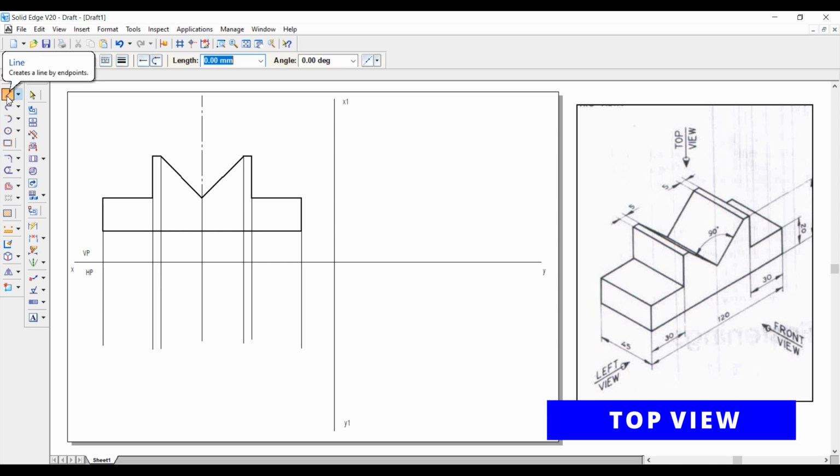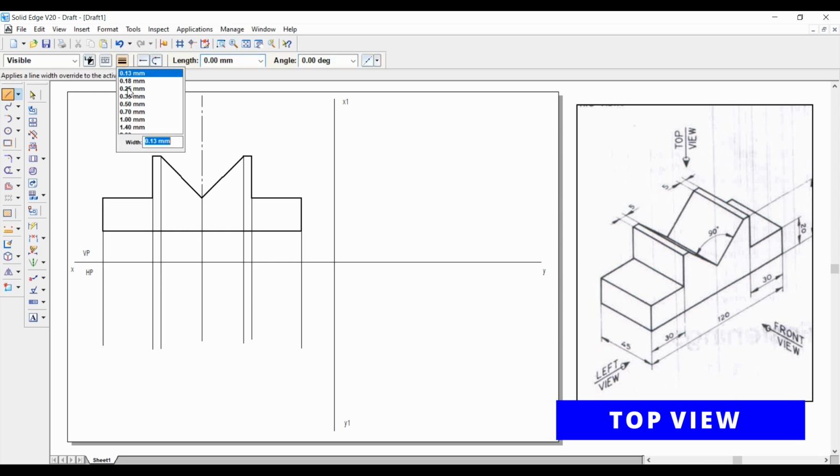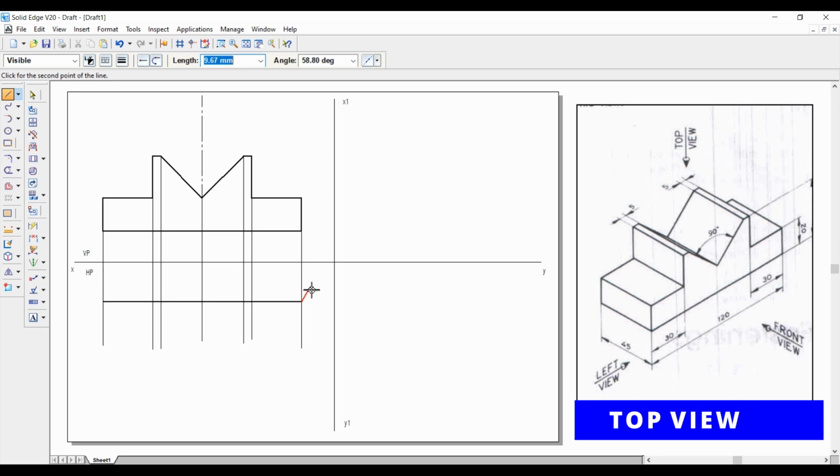Okay. So here we'll select the line option. Then we'll change the thickness to 0.5 mm. We'll select any point in this second plane and draw a line like this. The thickness, as we have seen, is equal to 45 mm. So for that, we'll select the offset option. Then we'll select the line. Distance is 45. Click on OK.